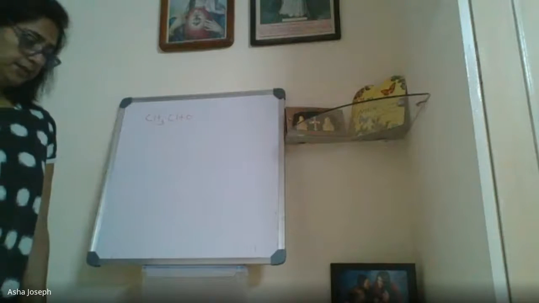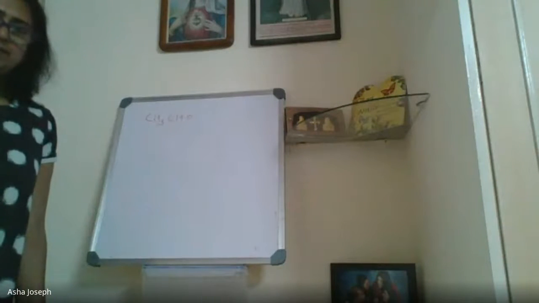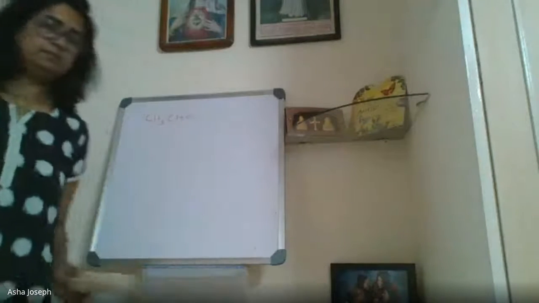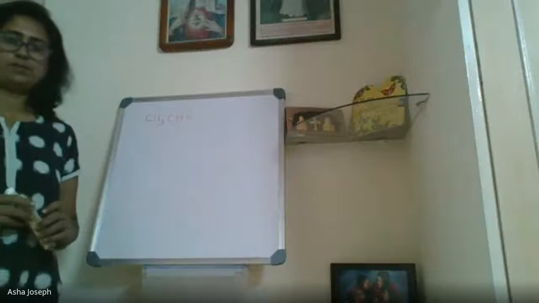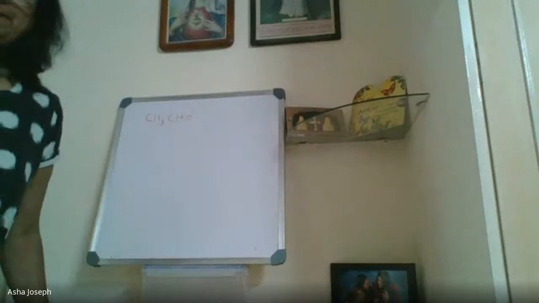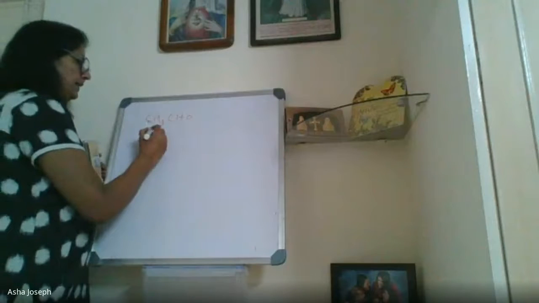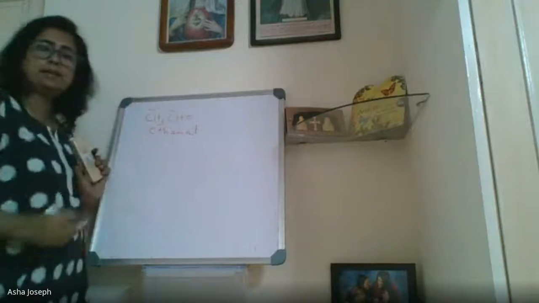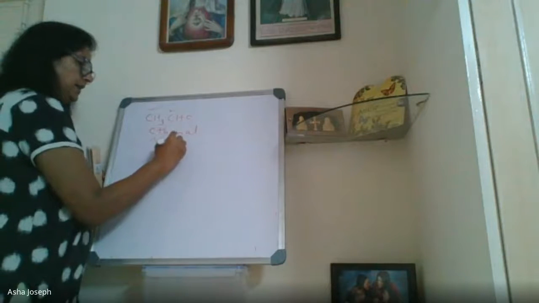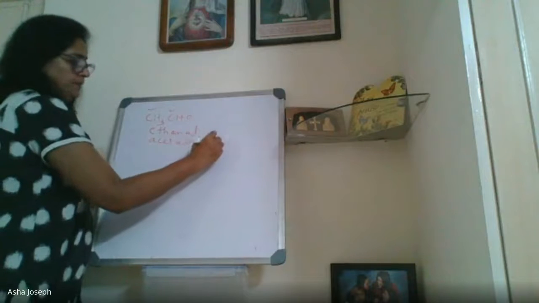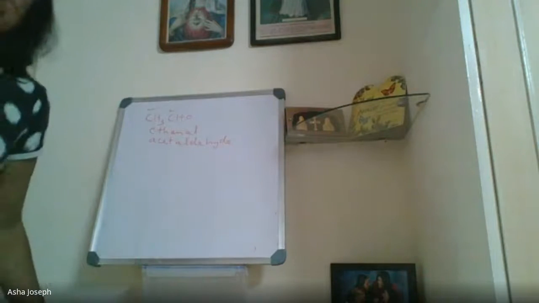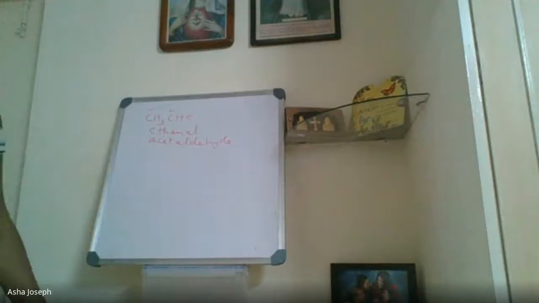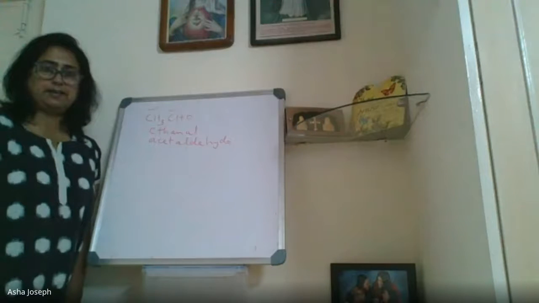CHO. It is an aldehyde. Can you say the name? Methanol. Vishnupriya, say. Ethanol, ma'am. Ethanol, correct. Ethanol, it is an aldehyde with 2 carbons. The common name is acetaldehyde, right? The first member of the aldehydes is HCHO, that is formaldehyde. The second member is acetaldehyde.